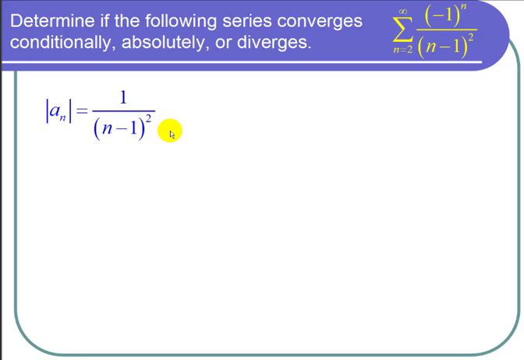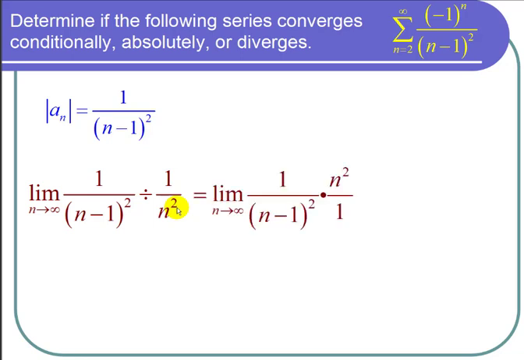1 over n squared. So I take the limit as n approaches infinity of 1 over (n minus 1) squared divided by 1 over n squared. And that's the same as multiplying by the reciprocal. Then I can use the algebra trick that says if we have the same power on top and bottom, we can combine this as a fraction to that power. In other words, we get the limit as n goes to infinity of n over (n minus 1) quantity